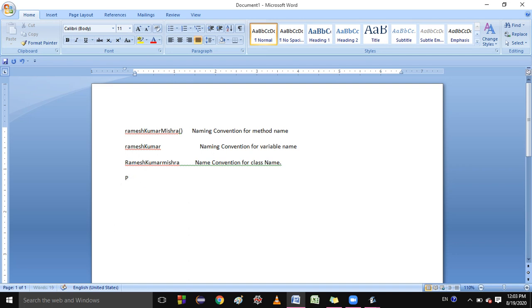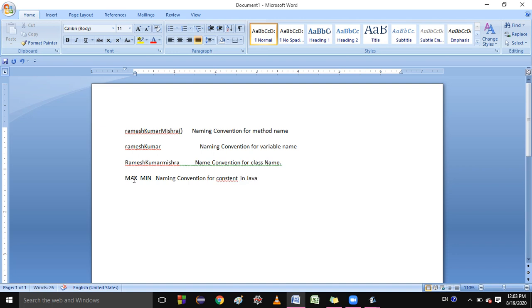Suppose I write here MAX. If I write here MIN. So these are the naming conventions for constant variables. Sorry, naming convention for constants in Java.